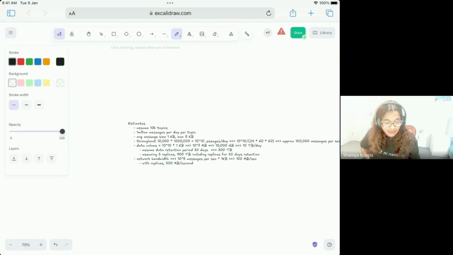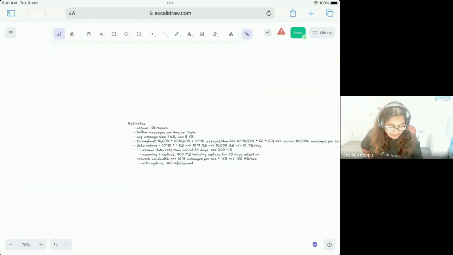Usually, you can ask the interviewer what numbers they want you to support. How many topics? What is the volume of data that our system can expect, etc. Or if they say, let's assume it's a Google kind of corporation, in those cases you can guess numbers. Typically how many messages can Google have, or you can just assume big enough numbers to ensure that your system is supporting the throughput and high scalability.